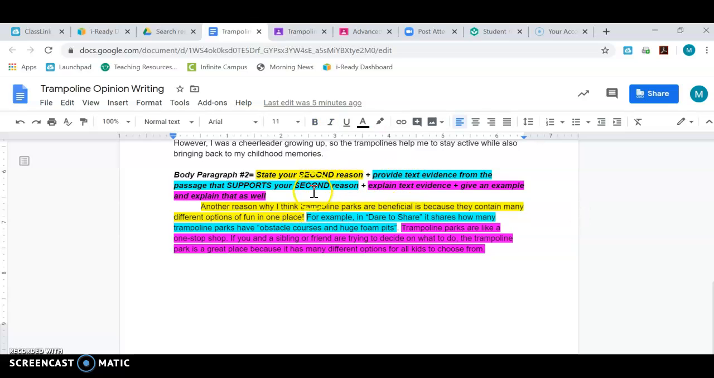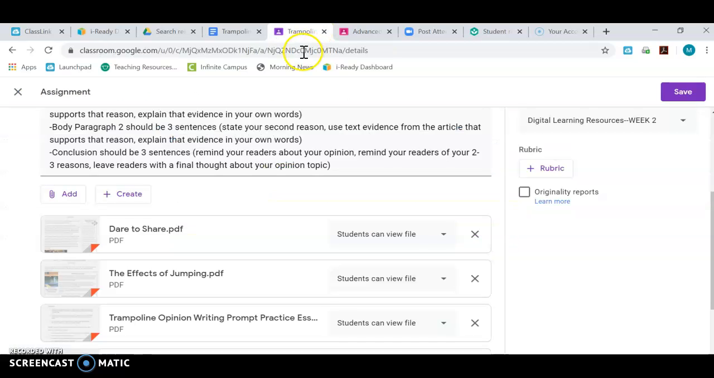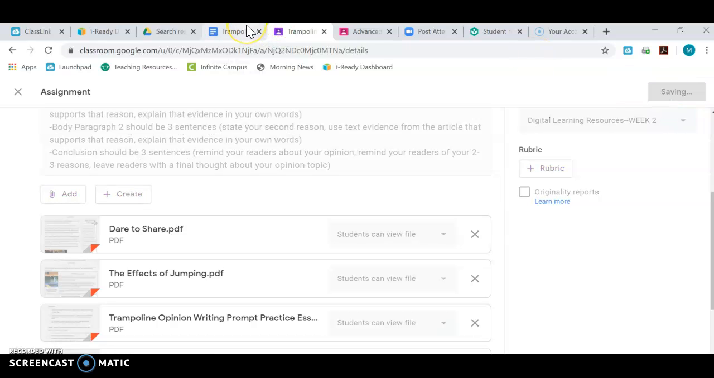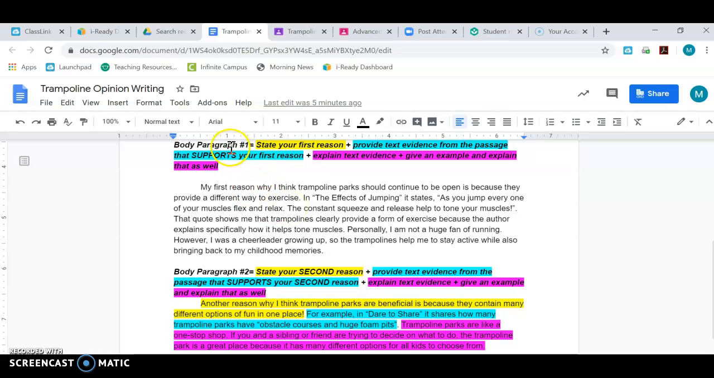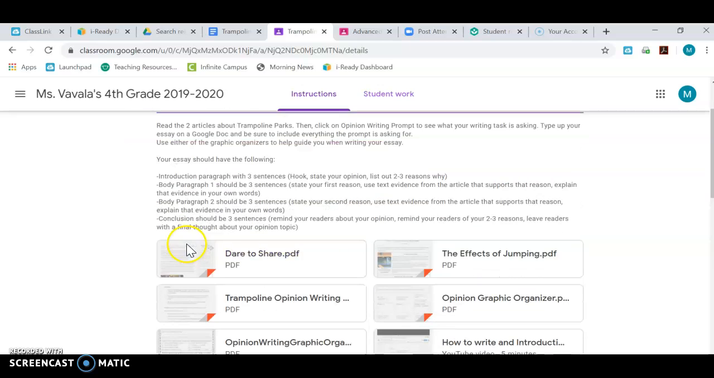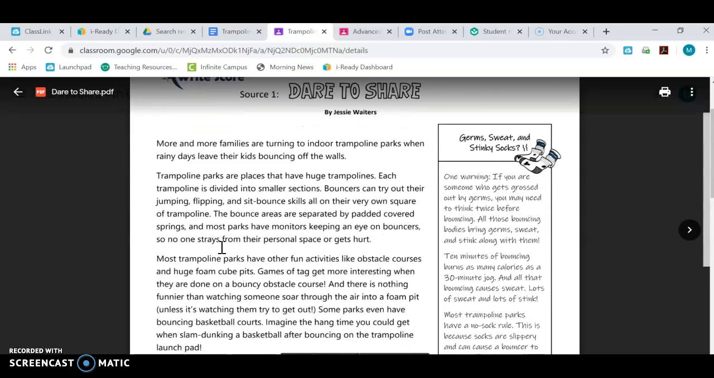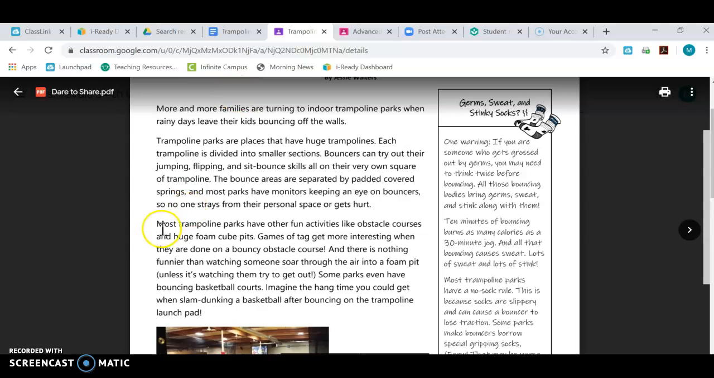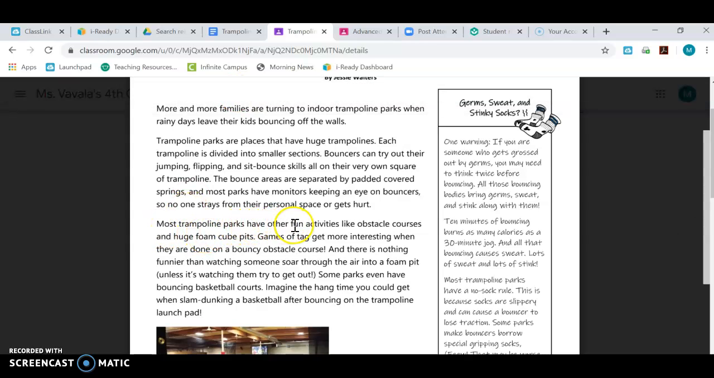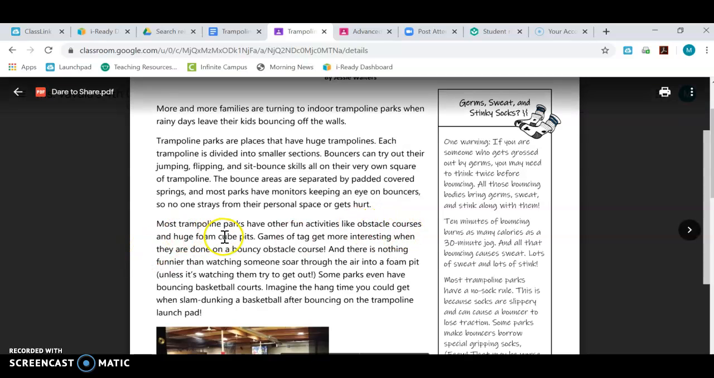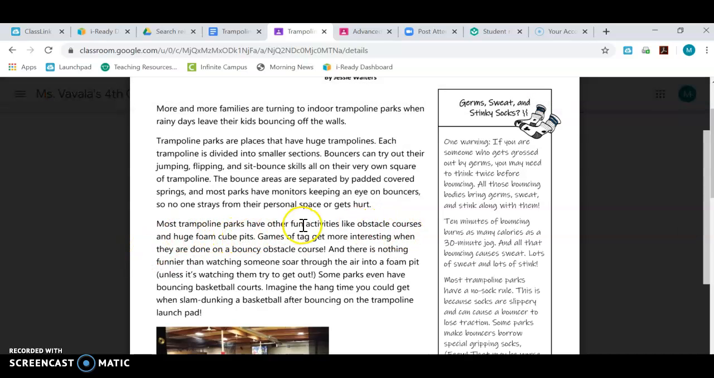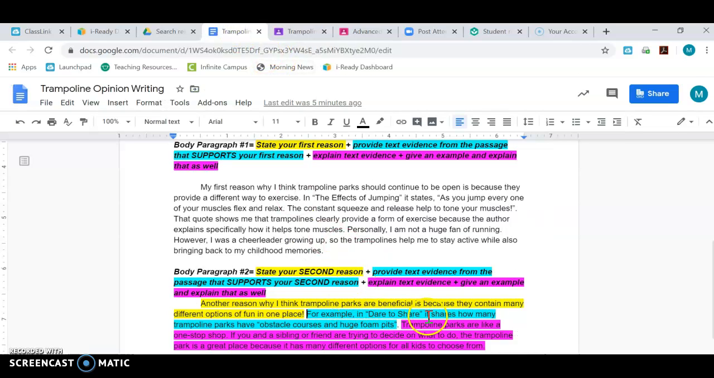Then you want to provide text evidence from a passage that supports that reason. So I went through and I read Dare to Share and the Effects of Jumping, and I read both of them. As you can see, I included a quote in my body paragraph 1 from the Effects of Jumping. So what I wanted to do for the second body paragraph is include a quote from the other text called Dare to Share. So I pulled up Dare to Share and I looked around to see where does it talk about having lots of options in one place so that it supports my reason. And I found this right here, how it says most trampoline parks have other fun activities like obstacle courses and huge foam cube pits. So I included that quote where it says, for example, in Dare to Share, it shares,